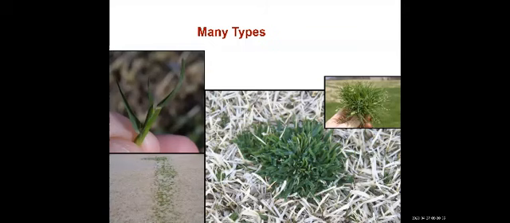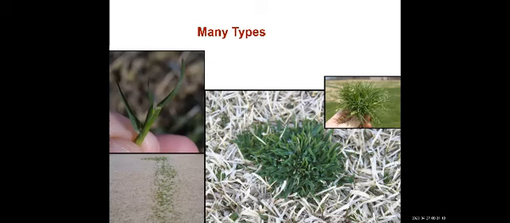Dr. Askew, we've had a question come in. Are there any granular PGR options, or is it all foliar applied? Wow, that's a good question. It is possible. You would think I would know, but I have not worked with any granular plant growth regulators. So if they have been marketed, I am not aware. If anybody is on that is aware and could comment on that, please do so. But I am not aware currently of a granular plant growth regulator.